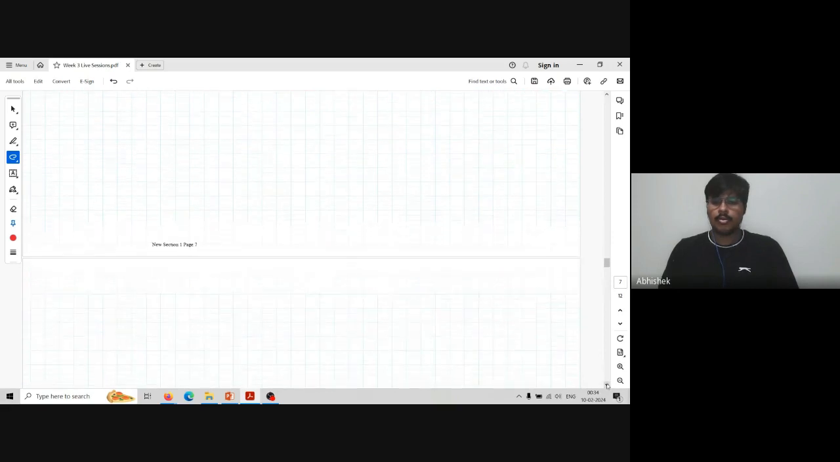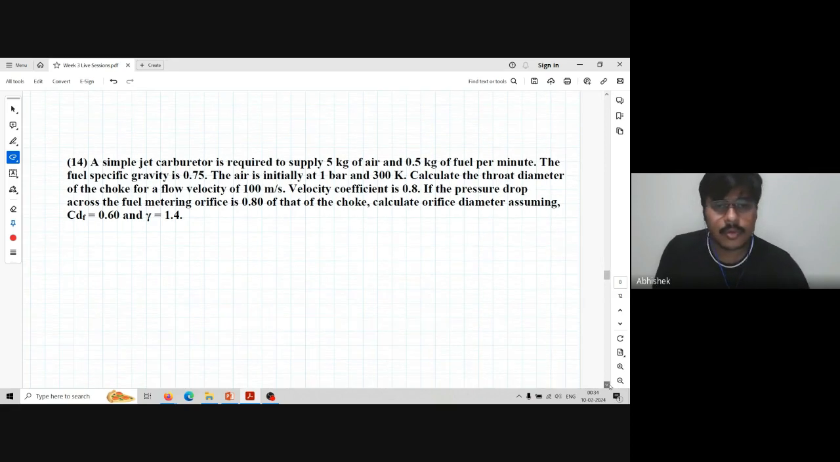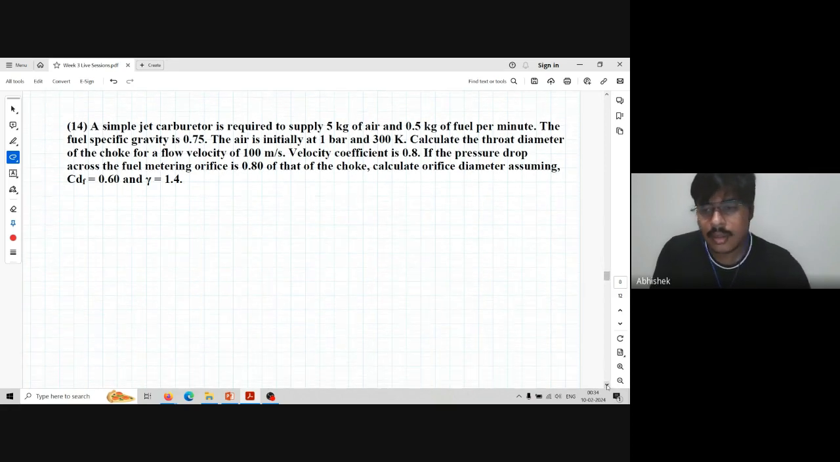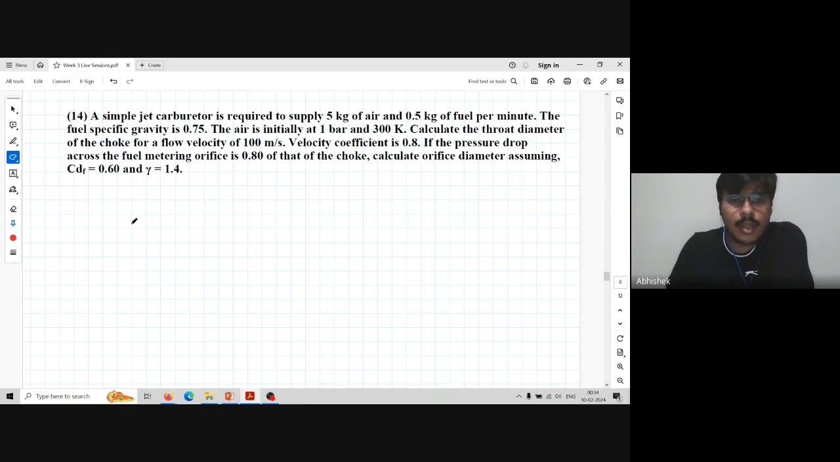Just remember to use n is equal to 1.3. Now we'll do some questions on carburetor. Similar questions we have solved, but I think it is worth solving one question at least to have the basics clear. A simple jet carburetor is required to supply 5 kg of air and 0.5 kg